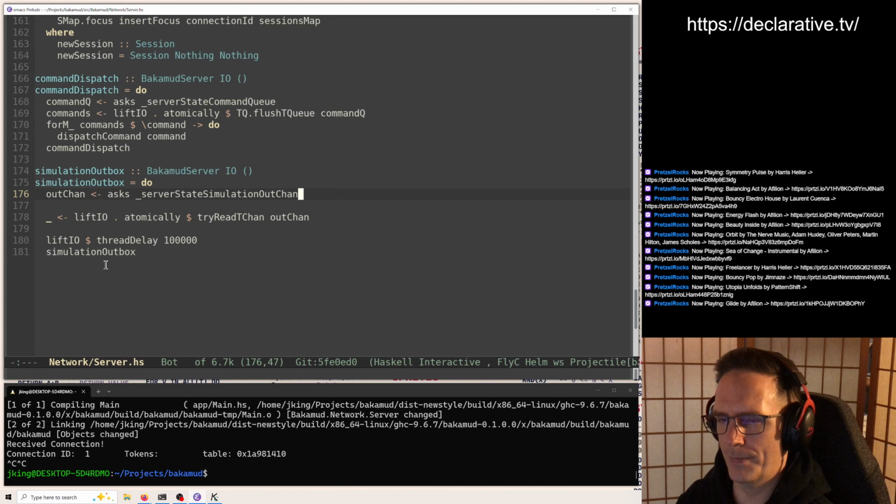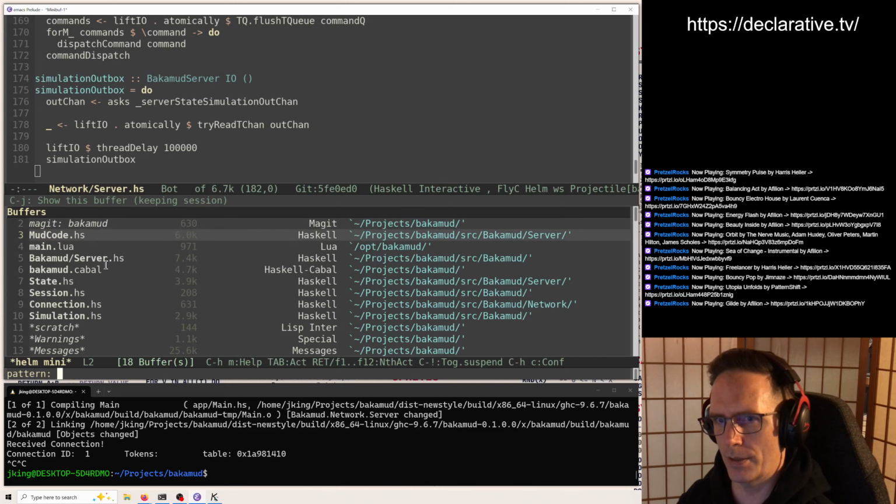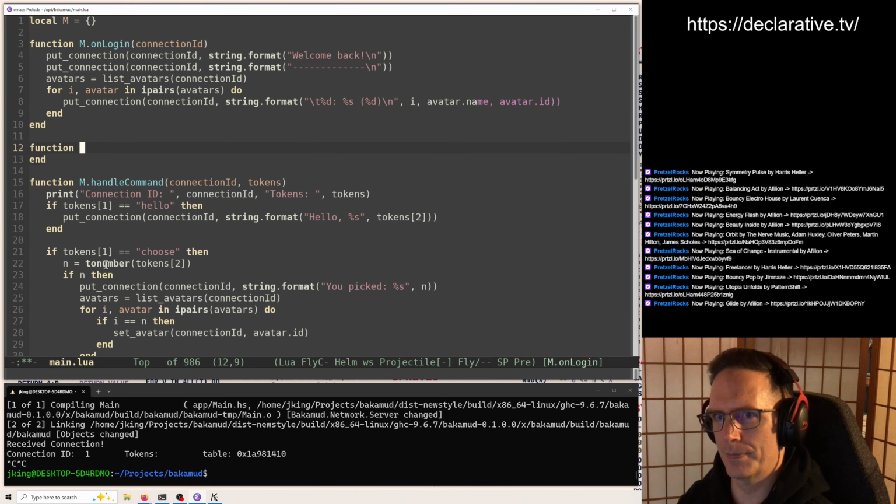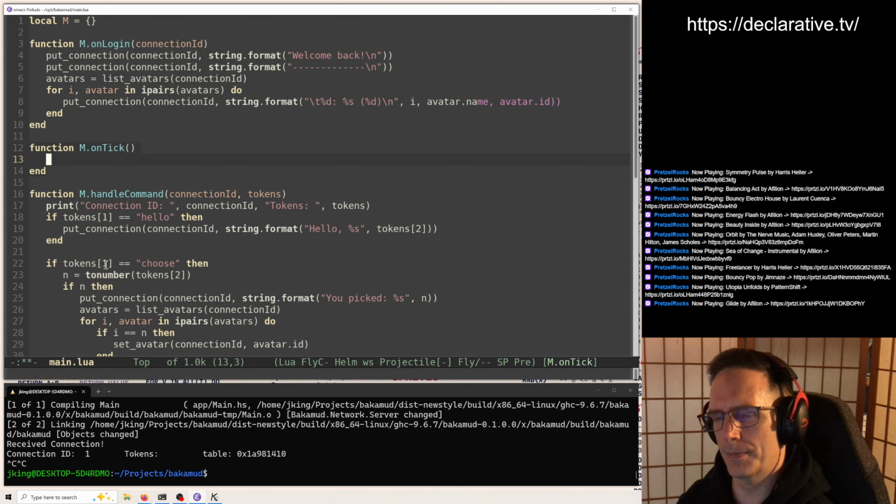We can certainly implement it. What would they do with an on-tick event? So let's look at our mud code and try to sketch something out here. We have an on-login event, for example. Now, on-tick as input, it's probably not going to get anything. All right, now what can we put in here? This is basically going to run once per tick on the server, which is almost like one run of our game loop.